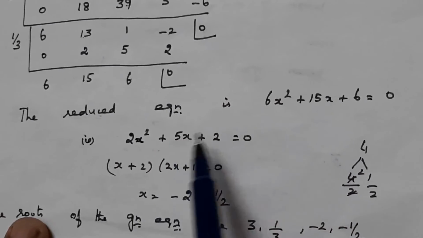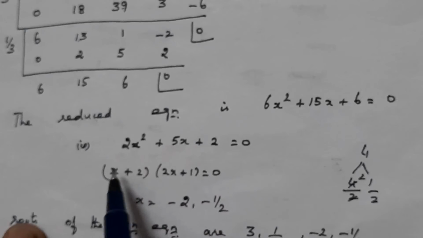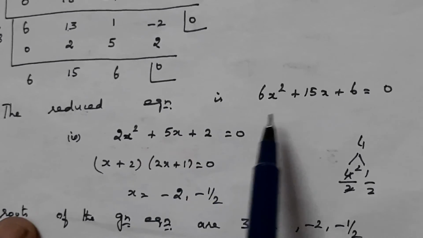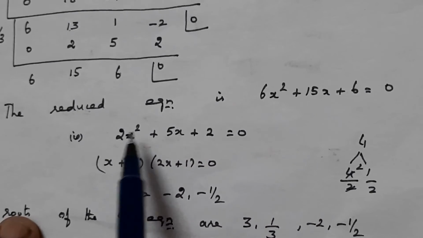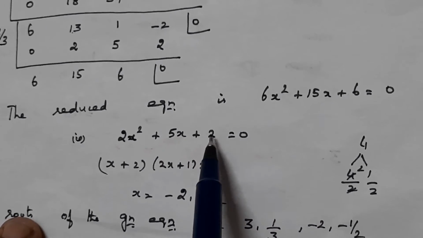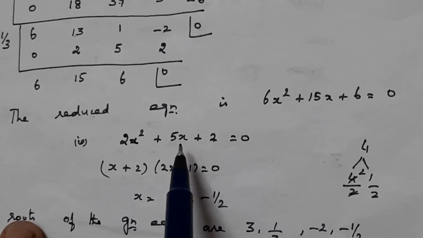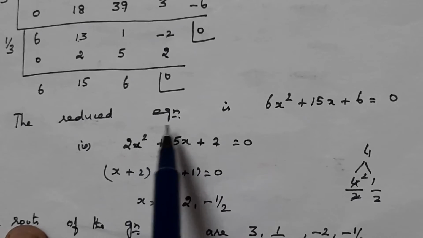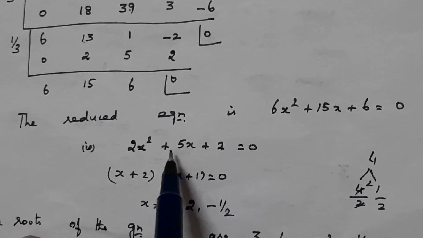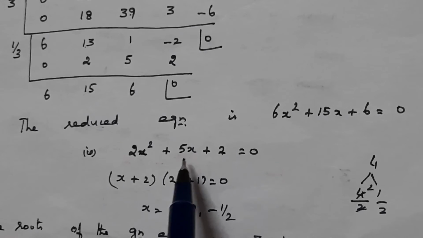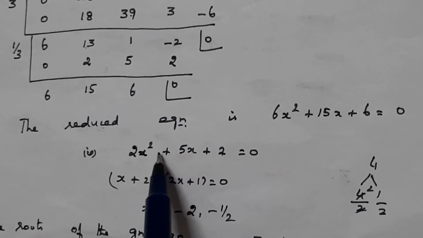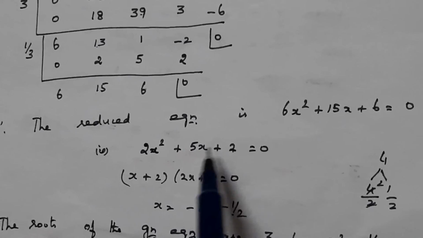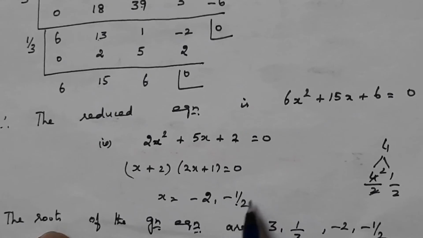Now let us reduce it by dividing throughout by 3. This equation can be reduced to 2x squared plus 5x plus 2 equal to 0. Here, after reducing it, you can see that the coefficient of x squared and the coefficient of the constant are the same, and moreover, the coefficient of x is 2 into 2, 4, 4 plus 1, 5, it is a successor. So for this equation, the root will be either plus 2, minus 2 or minus 1 by 2; as the constant term has positive sign, the roots will be minus 2 or minus 1 by 2. So even if you use the usual method to solve, you will get the same roots.